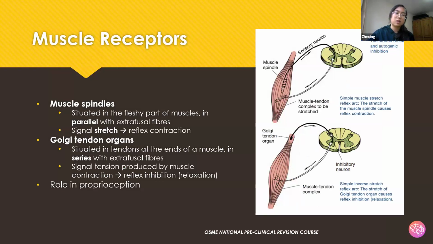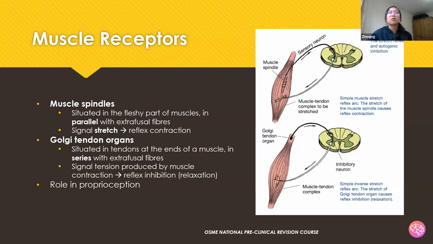So the one that we mentioned earlier are the muscle spindles, and these are located within the muscles, like in the fleshy parts that are bulging, and they're in parallel with extrafusal fibers, and they signal stretch and cause reflex contraction. On the other hand, you have Golgi tendon organs, which, as the name suggests, are located in the tendons at the end of the muscle, and they're in series with extrafusal fibers. And what they do is they signal tension produced by the muscle contraction,